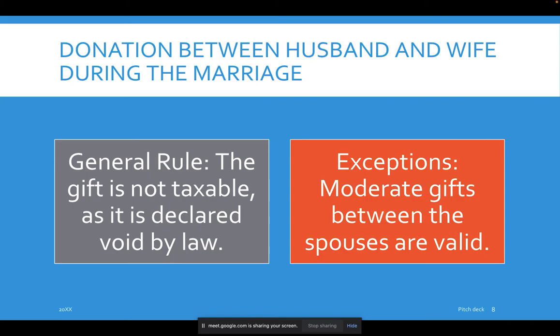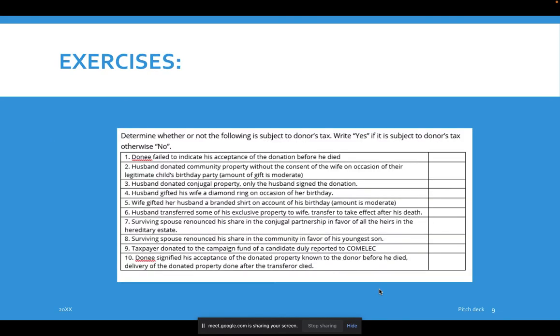O, kasi kung titingnan mo, pag siguro, ang ating butihing senador at presidential Manny Pacquiao, kung magregalo siguro siya ng Hermes na bag na worth 1.5 million kay Jinky Pacquiao, moderate sa kanya yon kasi bilyonaryo naman siya. Pero kung 1.5 million na value of a property, tapos ang total asset mo lang ay 5 million, moderate pa ba yon? Kaya sinasabi ko kanina, yung moderate gift is subjective and it depends on the situation and circumstances of the taxpayer. Okay? So, meron po yung determination.